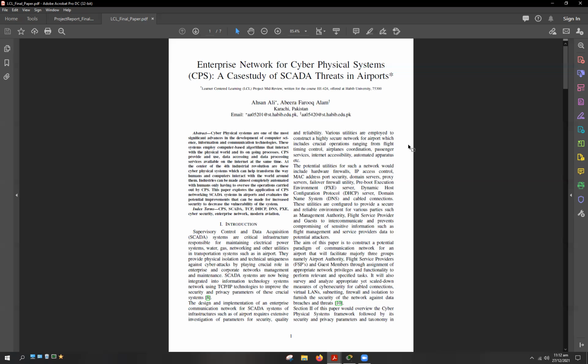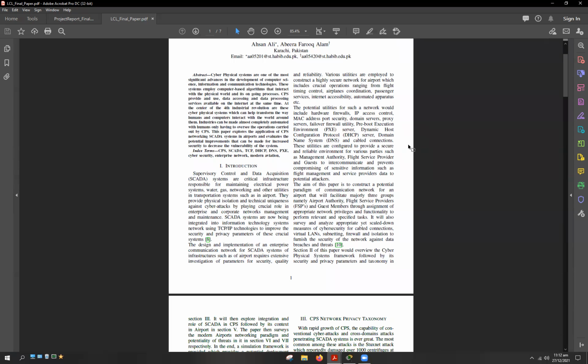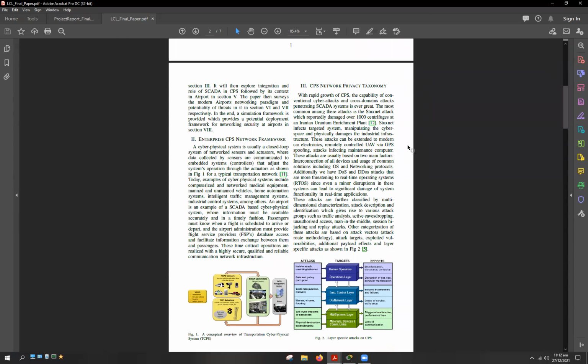So we looked at the existing infrastructure for the networking that is employed in the airport, and the configuration of such an enterprise network. Then we looked at the current existing framework for the enterprise network, specifically in cyber physical systems, where we looked at how the sensors are connected with the controllers and how they are connected with the cloud services and servers, in order to ensure the timely receiving and sending of information between the devices, between the sensors, and between specific entities, right?